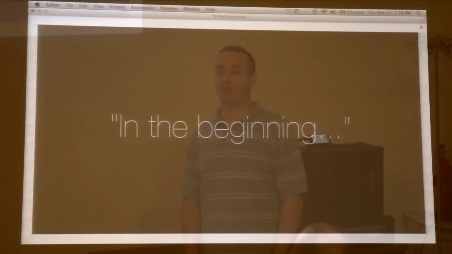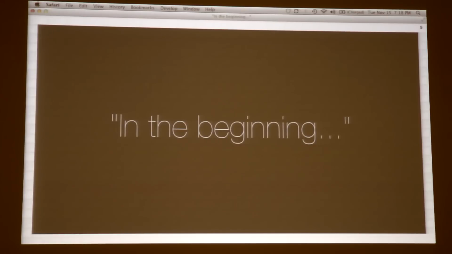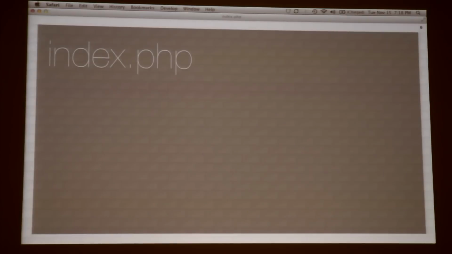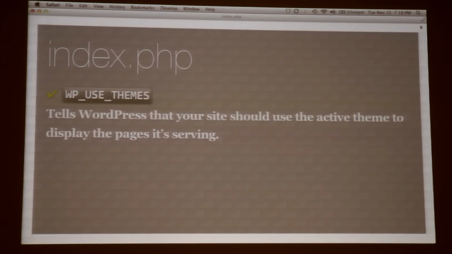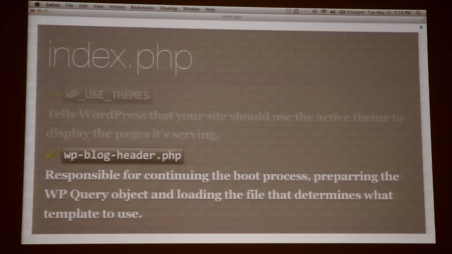Basically, every website based on PHP starts with index.php, and WordPress is no different. It has an index.php file in its root directory that has 2 jobs. It starts by defining a constant named WP_USE_THEMES. It sets that to true by default. It then requires a file named wp-blog-header. This file is responsible for continuing the whole initialization process for